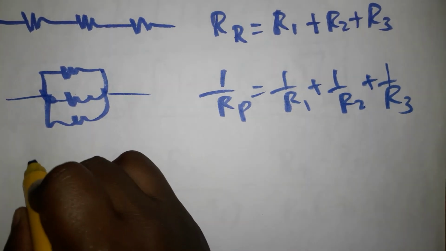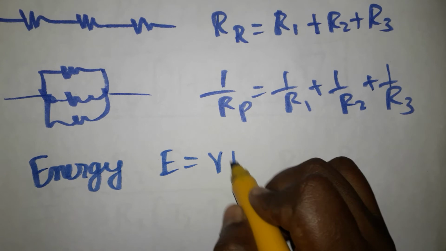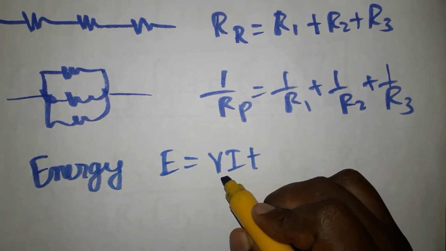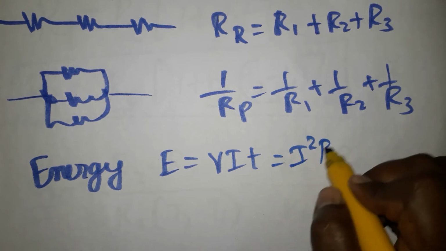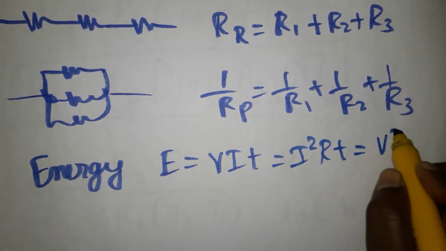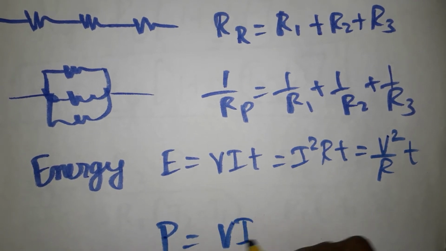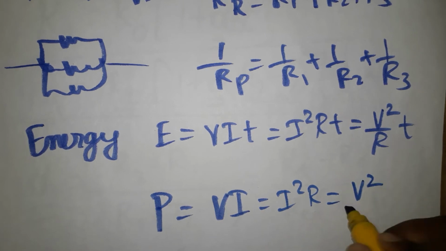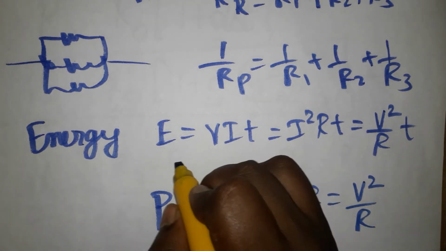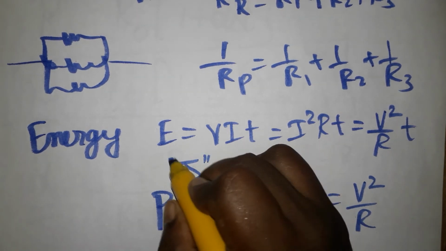Okay, energy formula. So in electricity, what is the energy? Energy is equal to VIT. You can remember this formula using Vellore Institute of Technology also. Otherwise, I square RT. Otherwise, V square divided by R into T. The same thing, power formula: it is VI, I square R, is equal to V square divided by R. So energy unit we can take as joules. Power unit we can take as watt. Okay, the next formula.